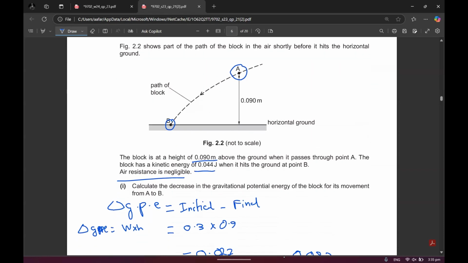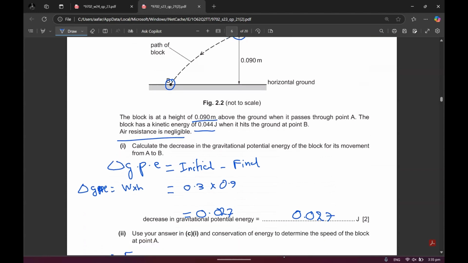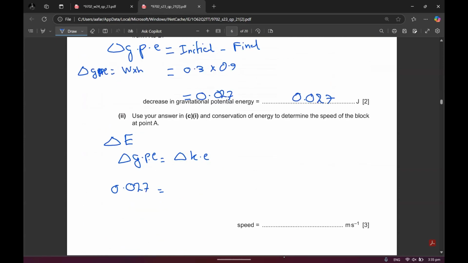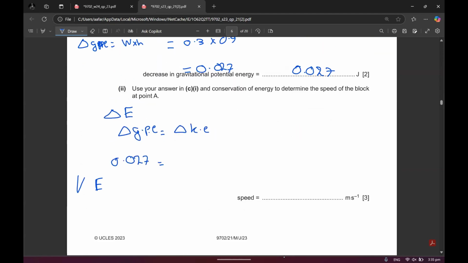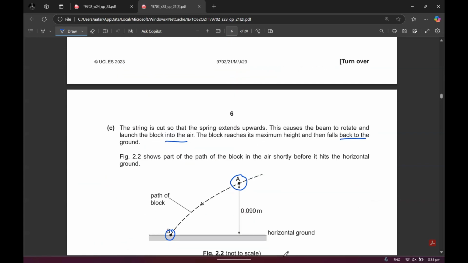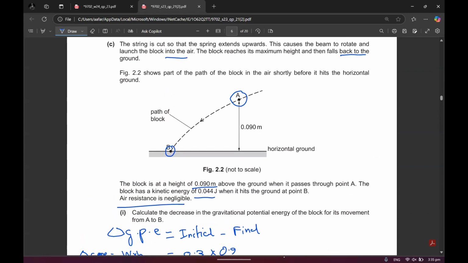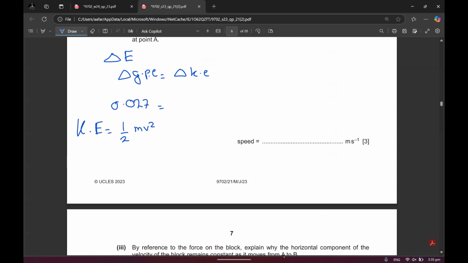So you can say that the kinetic energy is basically half m v squared. So at this point, since all of the GPE has converted into kinetic energy, at A the kinetic energy will be